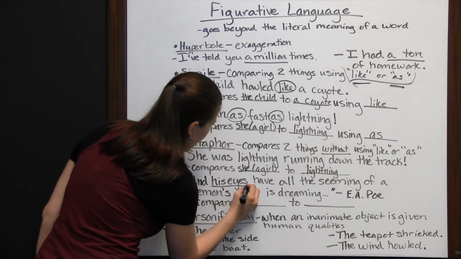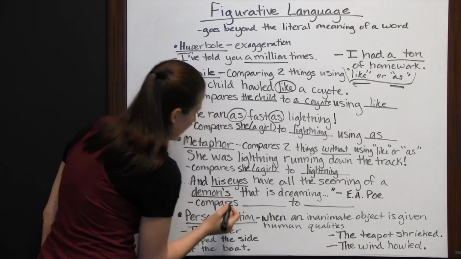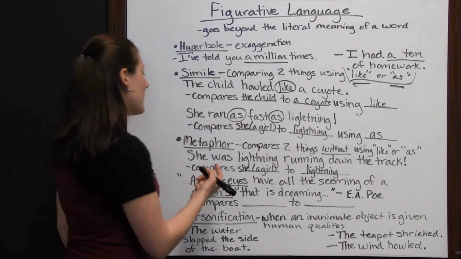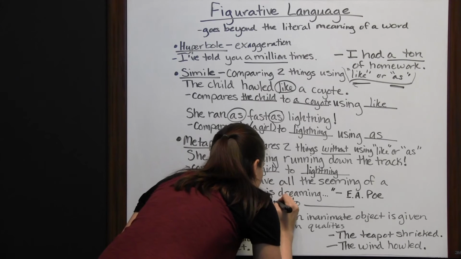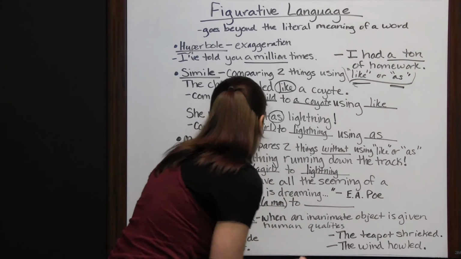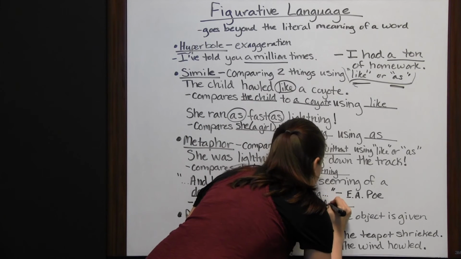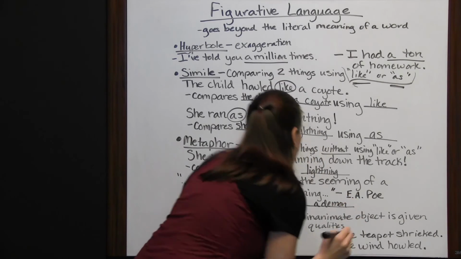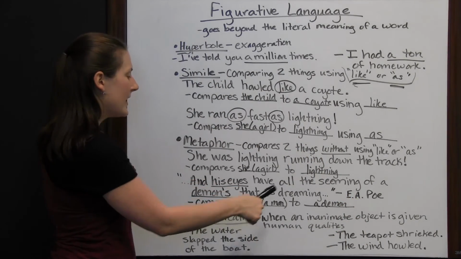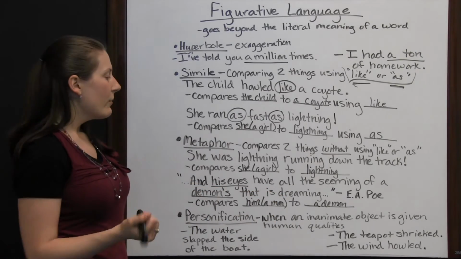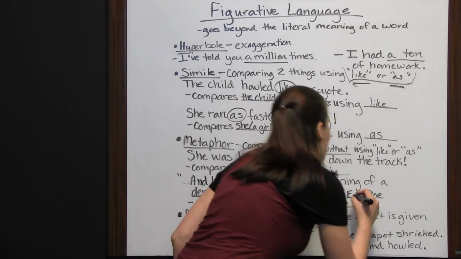So we're comparing his eyes to a demon's eyes, which is basically comparing him, or a man, to a demon. If his eyes are like a demon's eyes, then this man is being compared to a demon, which is to maybe say that the man is